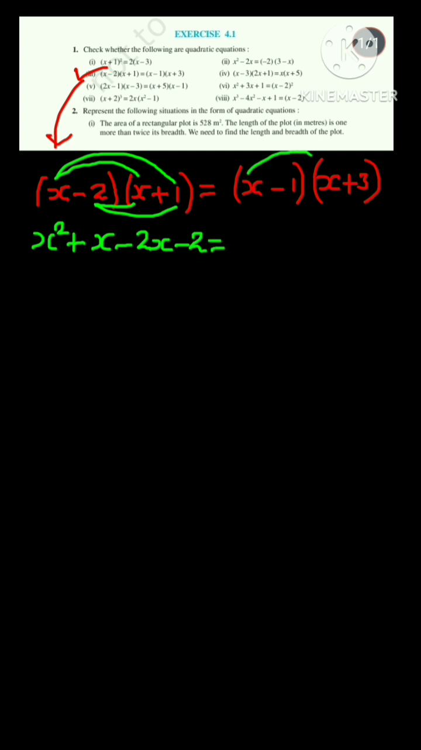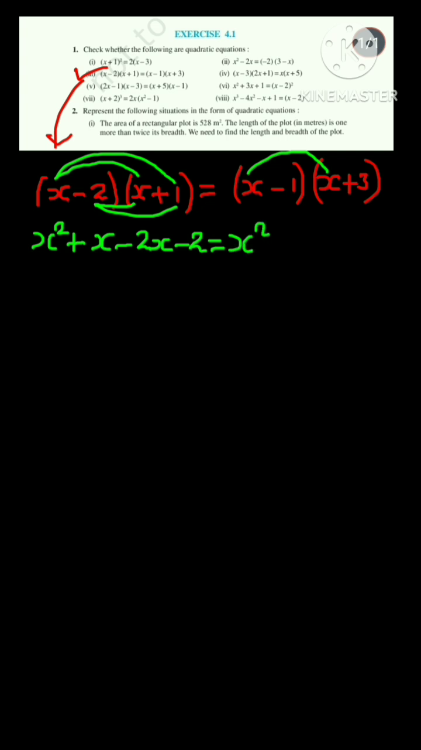And here firstly, x into x is x square, plus into plus is plus, x into 1 is x. Again by minus 2, minus into plus is minus, 2 into x is 2x, minus into plus is minus, 2 ones are 2. Similarly in RHS, x into x